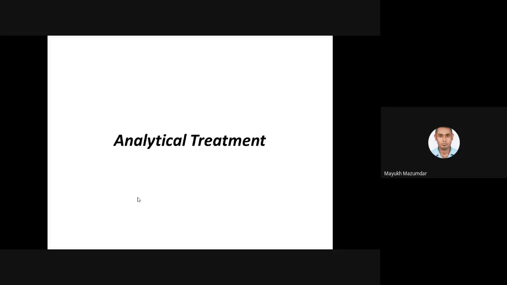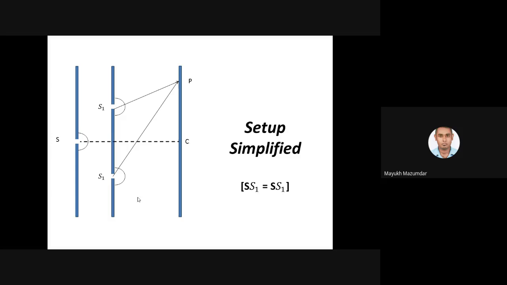Let us look into it. Analytical means we'll do analysis. We'll just break down the thing into small chunks and simply do some mathematics. So I've simplified the setup. What I have is a small slit. You know what a slit looks like; I just showed it in the video. If you are taking the top view, not the side, it will look like this, and there is a small gap, a small hole.